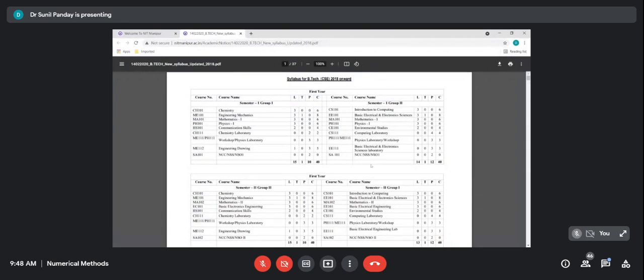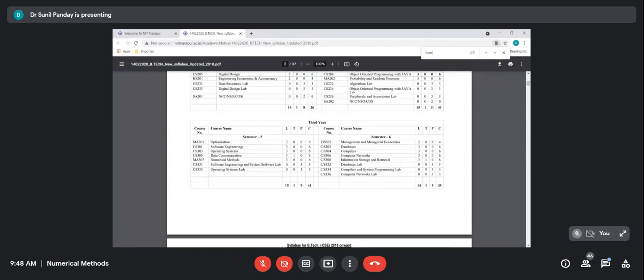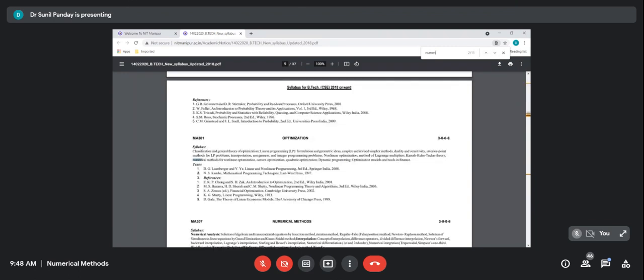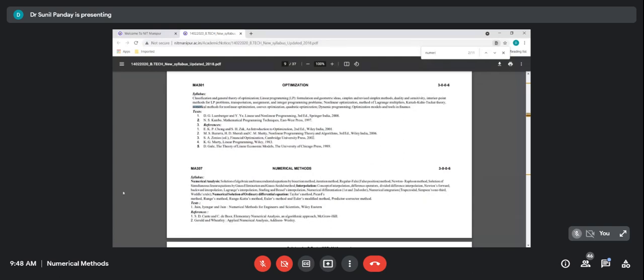You can see this is your numerical methods syllabus, and we have covered I think everything: bisection, regula falsi, Newton-Raphson, simultaneous equations, Gauss elimination, Gauss-Seidel, concept of interpolation, difference operators, divided difference, Newton forward and backward, Lagrange interpolation, Stirling, Bessel, numerical differentiation, first and second order, numerical integration, trapezoidal, Simpson's one third, Weddle's, solution of differential equations, Taylor's, Picard, Runge-Kutta method, Euler method, modified method, predictor-corrector method. So you can see we have covered almost all the syllabus.